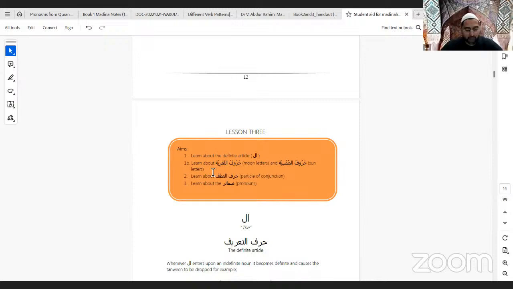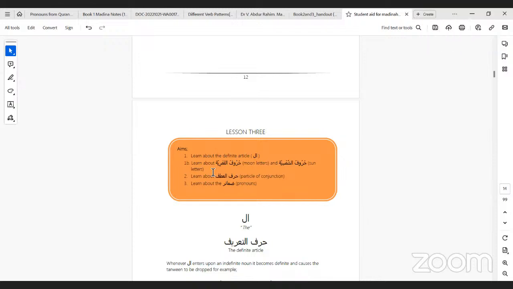Alif lam. Hurufut ta'rif, the definite article. Whenever alif lam enters upon an indefinite noun, it becomes definite and causes the tanween to be dropped. For example,